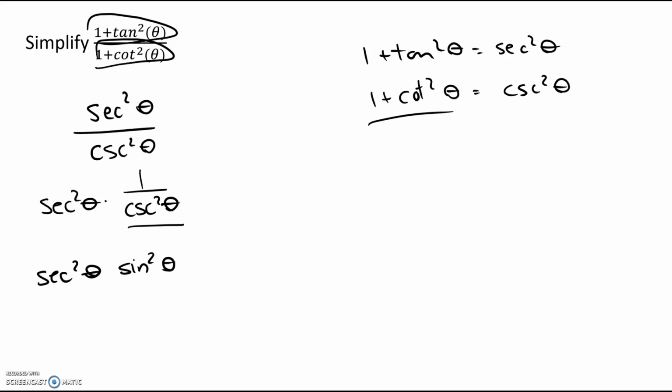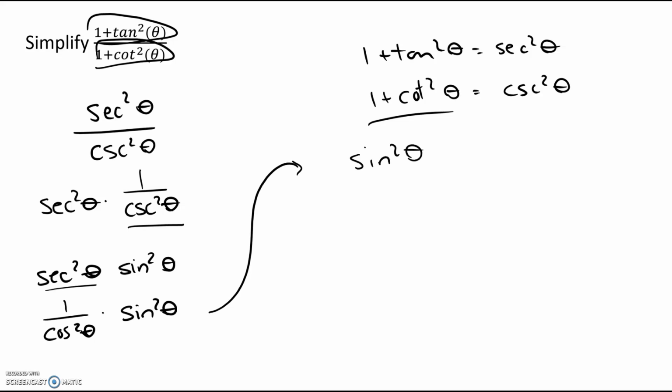And then what I can do is rewrite this as 1 over cosine of theta. So 1 over cosine of theta times sine of theta. So now what I have is sine squared of theta over cosine squared of theta, which, remember, tangent is equal to